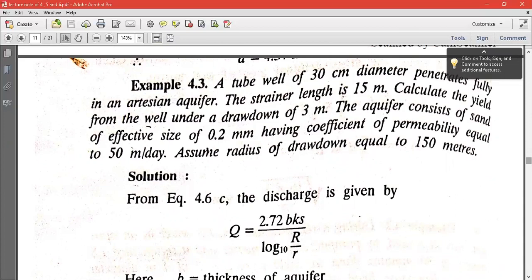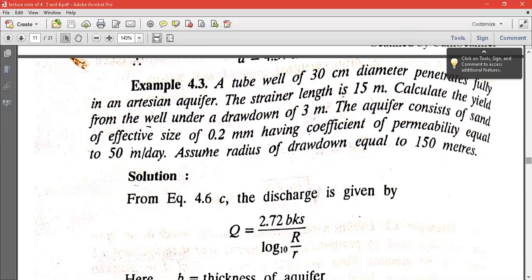The question: it is given the tube well diameter is 30 centimeter or 300 millimeter, and it is a question of artesian aquifer. That means this well of 30 centimeter diameter is fully penetrated in an artesian aquifer. The standard length